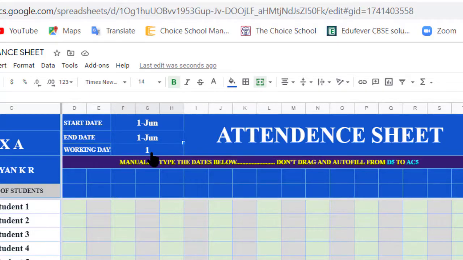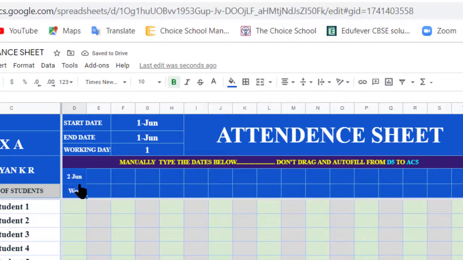So here only one, so we can type only in this column. So I am typing here. Now I can type, no problem. We didn't do anything, so we can type the date easily. But after doing our formula, we cannot.